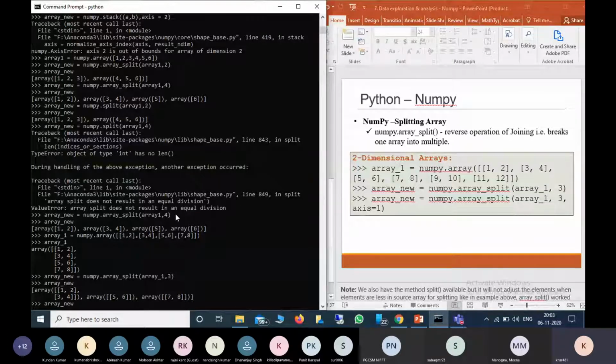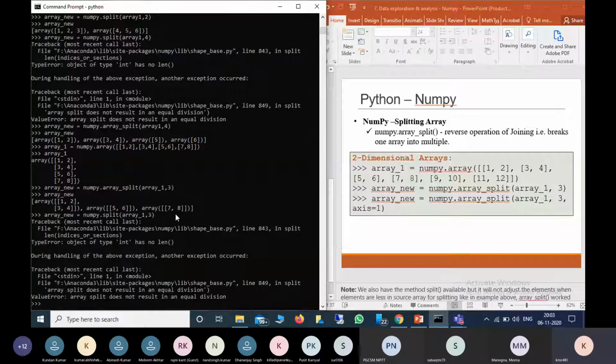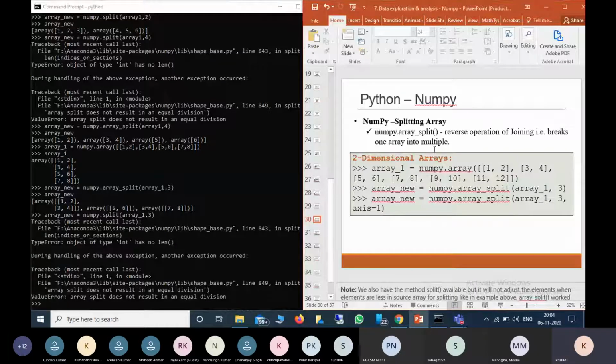But if we try with the split option, it won't, because it won't adjust the elements according to the size. So the main difference between split and array_split is when there is no exact size matching the array, array_split will adjust the elements according to the size we gave, but split won't. So this is how we can split the array.